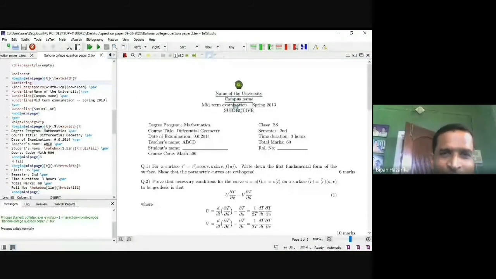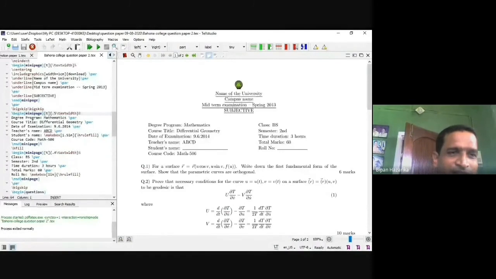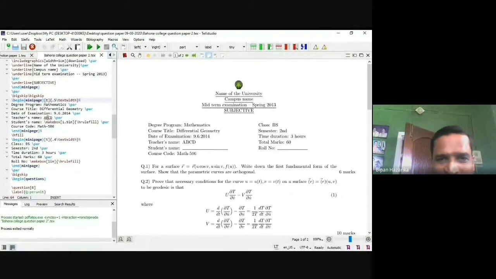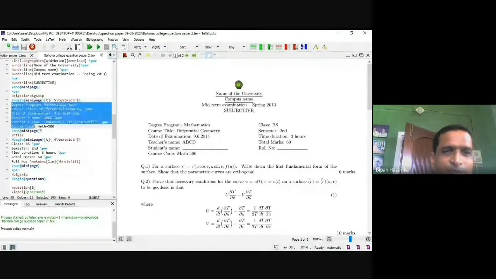So midterm exam is shown here, and the subject is shown here. Other information, such as question paper for degree exam, undergraduate, class 12 or school level, or PG level, we can set according to that. So these are the body. That means we can make a minipage between begin minipage and end minipage. Within this minipage we make this part. I have highlighted it here, so this highlighted portion is seen in this minipage.